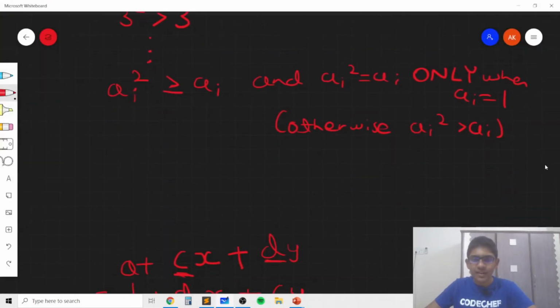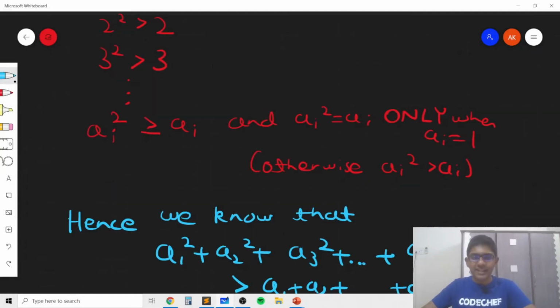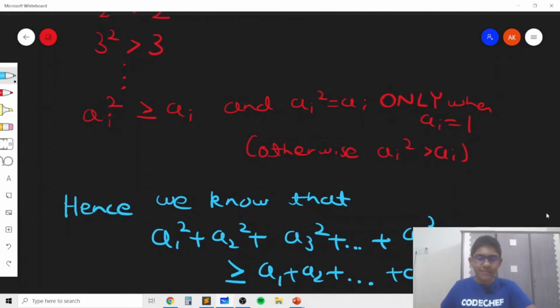That's why the only possibility is that we need to ensure ai squared is ai for all i, and this means that we need to ensure that all the elements in the sequence are ones.